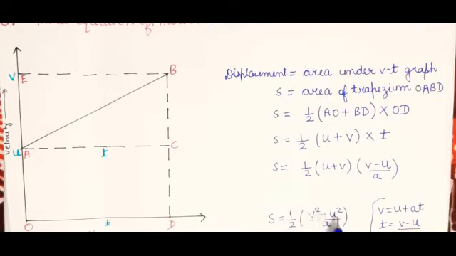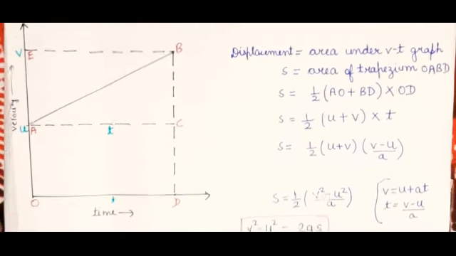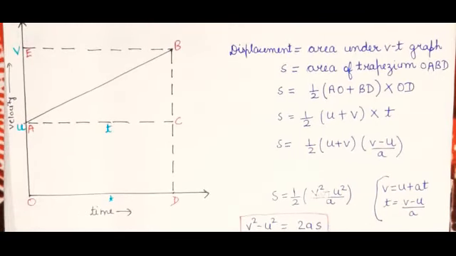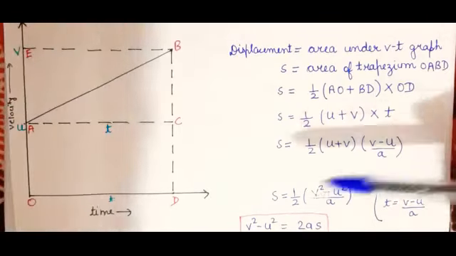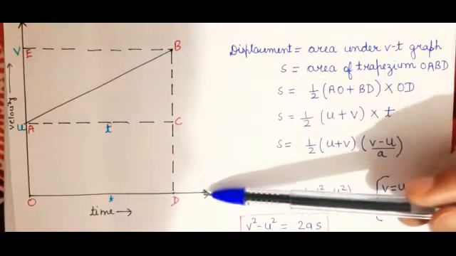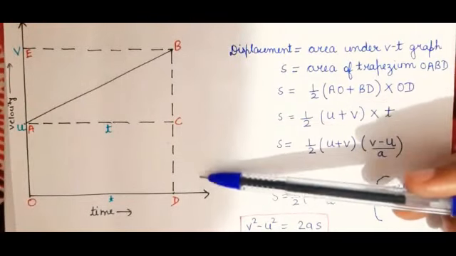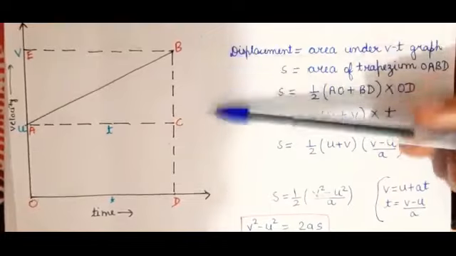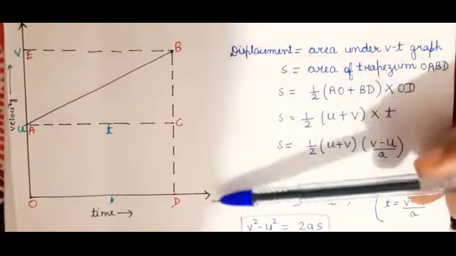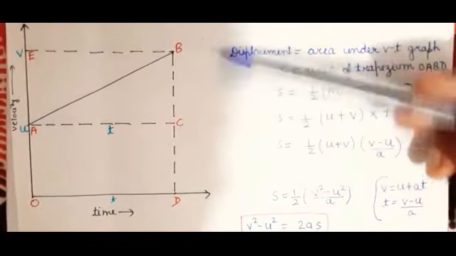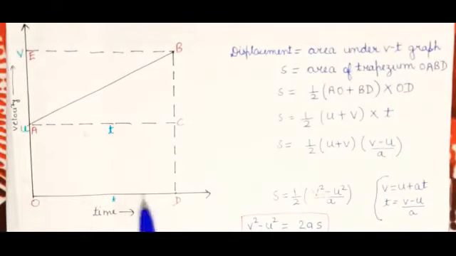2as is equal to v square minus u square, or v square minus u square is equal to 2as. That is the third equation of motion. I have considered the same graph that I was considering in the beginning. Just remember that this part BD is the final velocity, and this CD is the initial velocity. So what is the change in velocity? BC, that is v minus u. And the time interval is the same, t, because we have drawn the parallel lines.